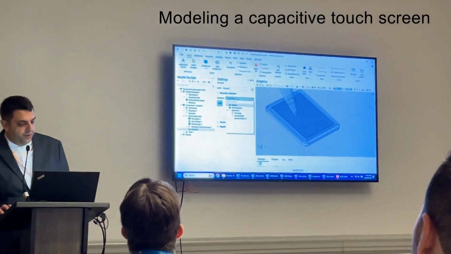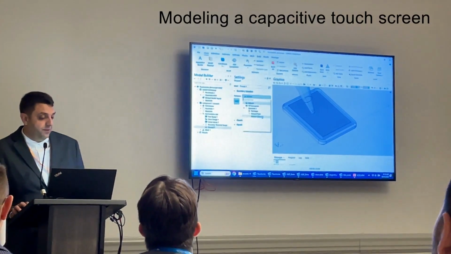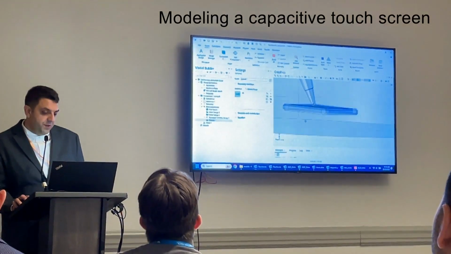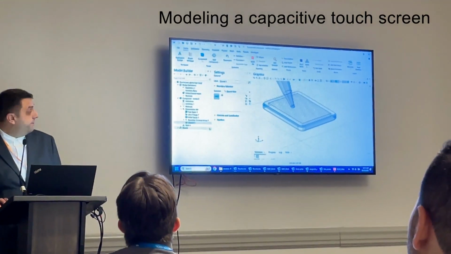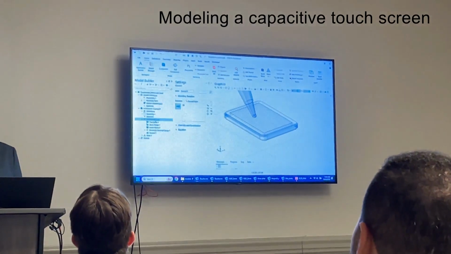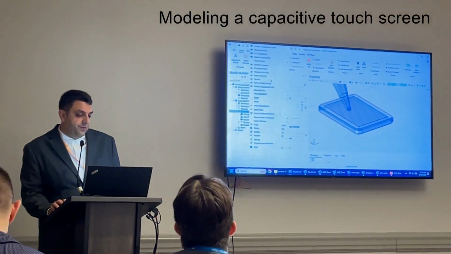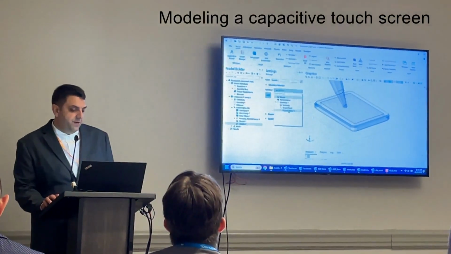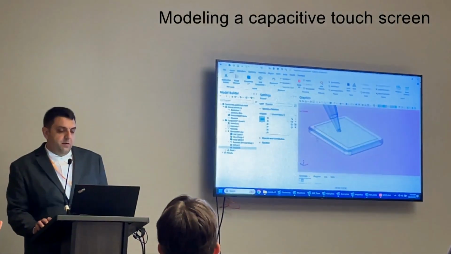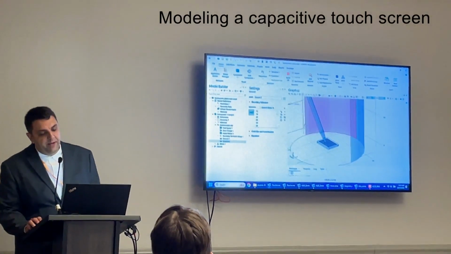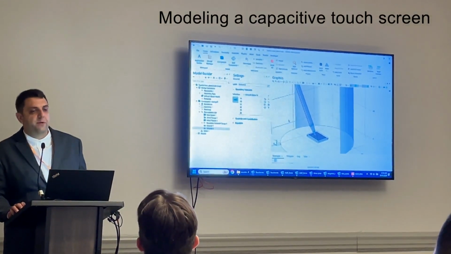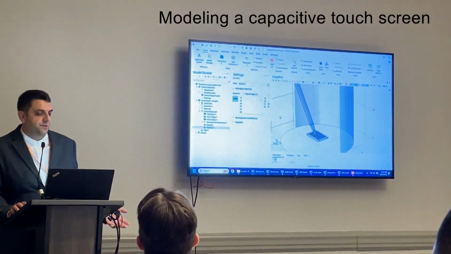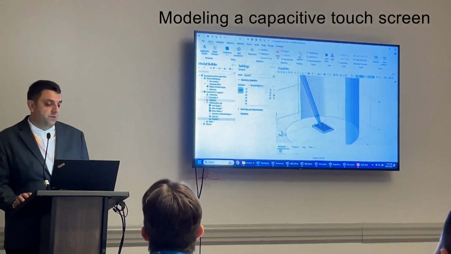We already have some predefined boundary conditions, for example, for the ground plane, which is on the back of the glass substrate. And we will also introduce a second ground boundary condition for the stylus pen, which will then essentially emulate the condition when a person that stands on the ground is holding this pen, so basically the ground position